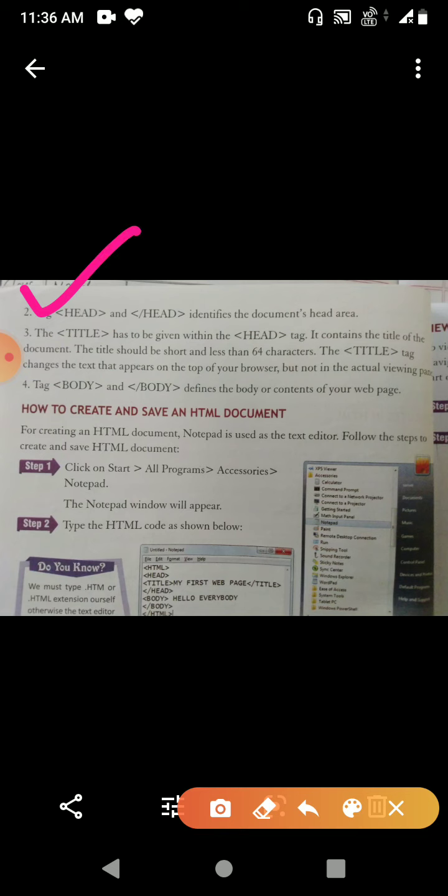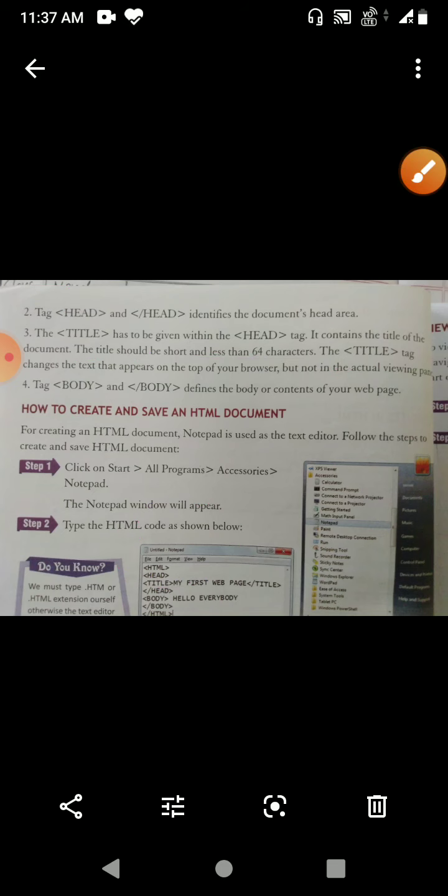The second one is the head tag. In the head tag we declare the title, which will appear on the screen when we open the page in any web browser. And the body tag will contain all the body of the page.